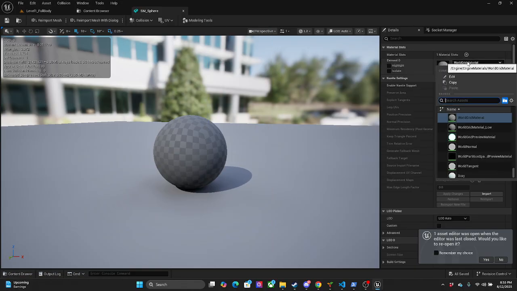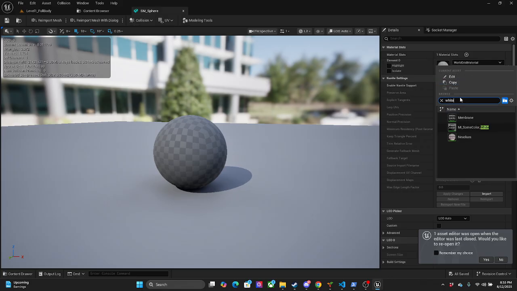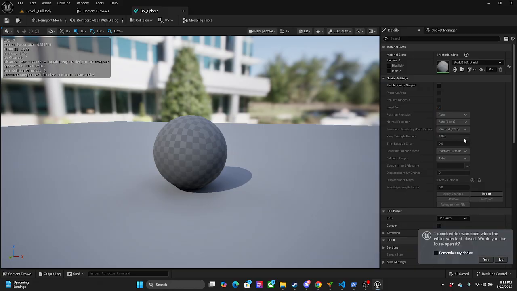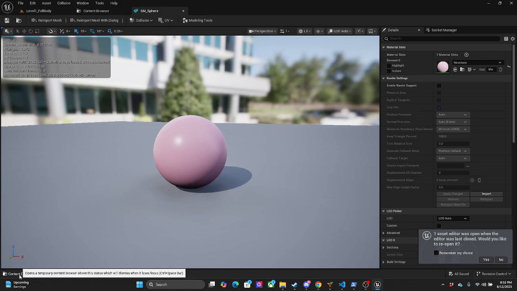So what color is it? We're gonna make it white. Oh, look at that. That's pink. Good enough.